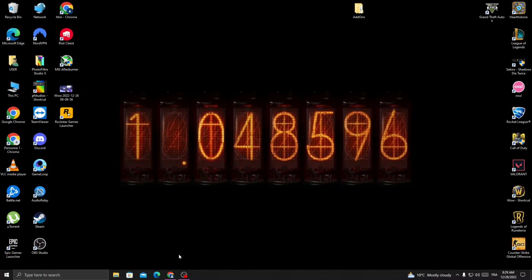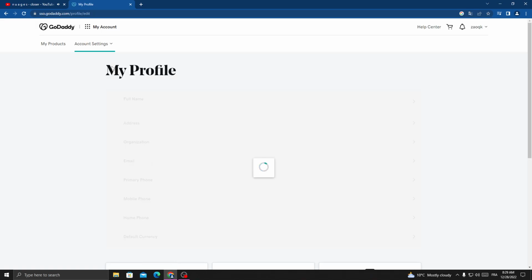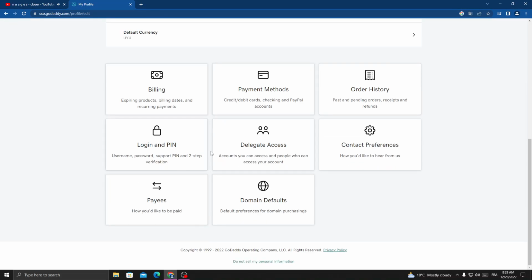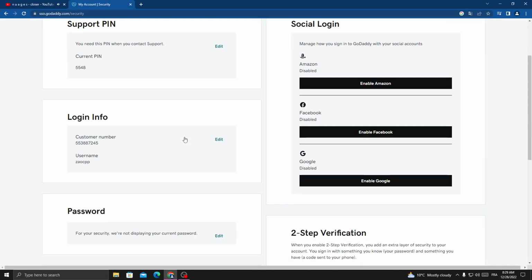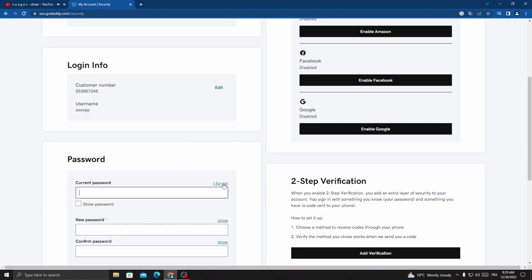First, open your browser and now click Account Settings, and click My Profile, and now scroll down and here you will find Login and PIN. And here we'll find Password. Click Edit,